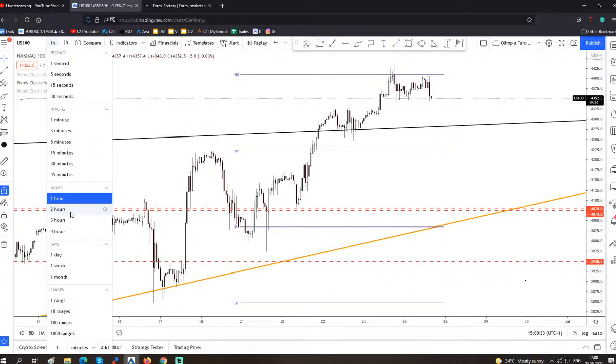Right now it has failed to take out the R2 here on the one hour, and it could slip lower maybe. Right now it's trapped within this minor range here. Personally, I'll wait here for the price maybe to escape from this range, but as I've told you earlier, the bias is still bullish. The US 100, the Nasdaq has reached new historical highs here,